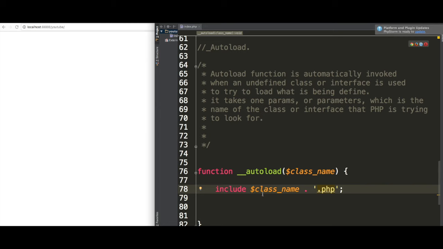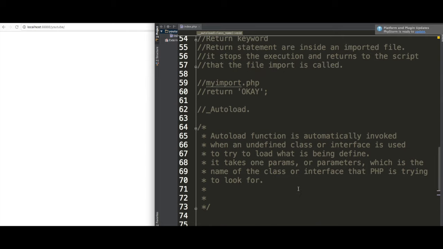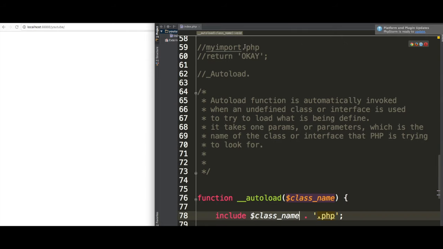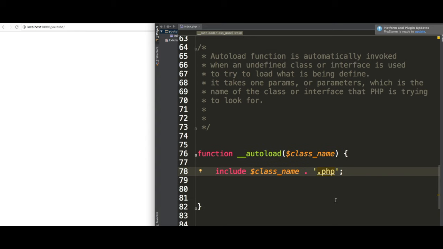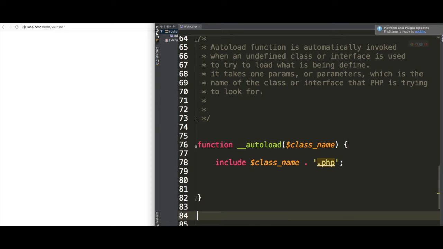Basically, this just includes and gets our class's name, which will be something, let's say my import, right? And you guys don't have to put .php at the end. Basically, you just write dot and then single quotes and you add the .php afterwards. And then you close the curly brackets, and after the closing curly brackets, you can attempt an auto include of myClass.php